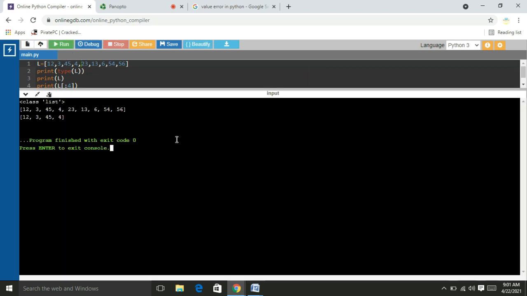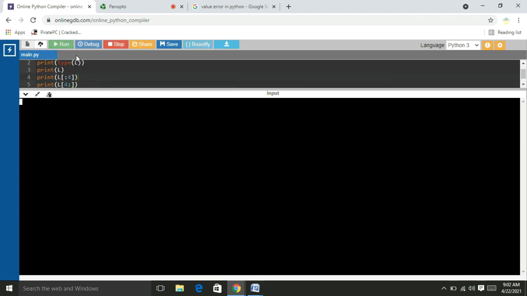In the same way it is possible to omit the ending index value also. I write print L of 4 colon and leave the ending index empty. So from the 4th index to the last index will be printed.